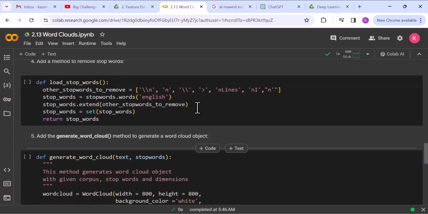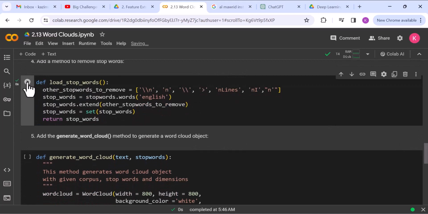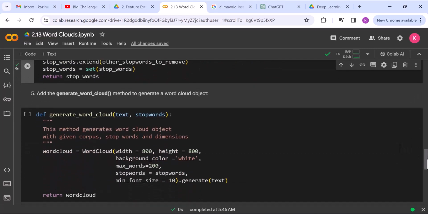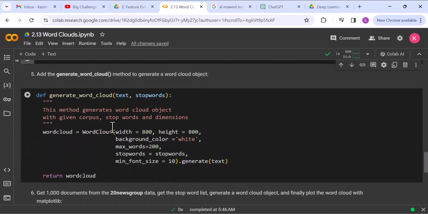And then run this cell. In step 5, add the generate_word_cloud method to generate a word cloud object. So first we define a user defined function generate_word_cloud and pass two parameters, text and stop words, and then we create the object of the class WordCloud,